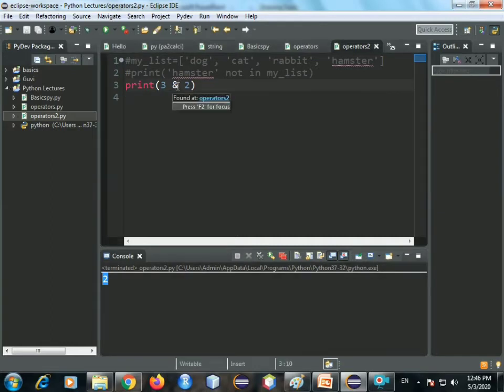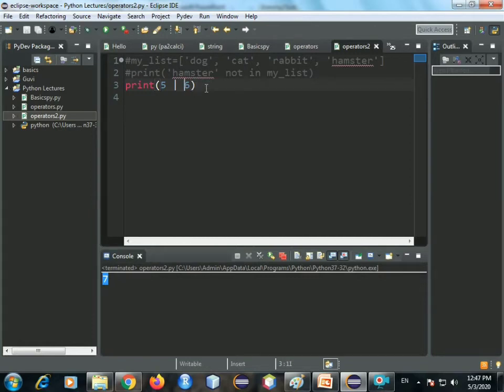Now let's try the same thing with OR. Let's give OR, 3 or 2. Let's see what we get. We got 3. Okay, now let's just try something else. Let's see if the pattern is the same. Let's say 5 or 6. We are getting 7 here. Alright, so you all can try this out, maybe on pen and paper, and then see if the answer matches according to your code.